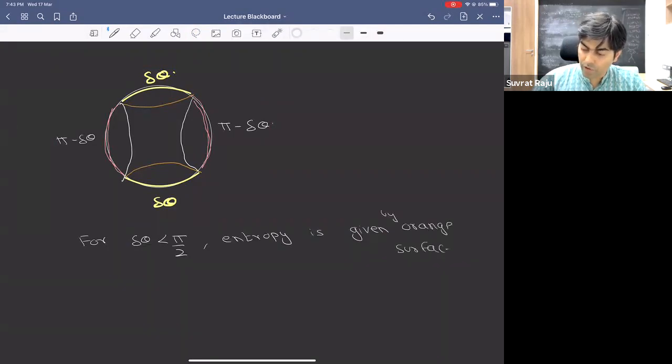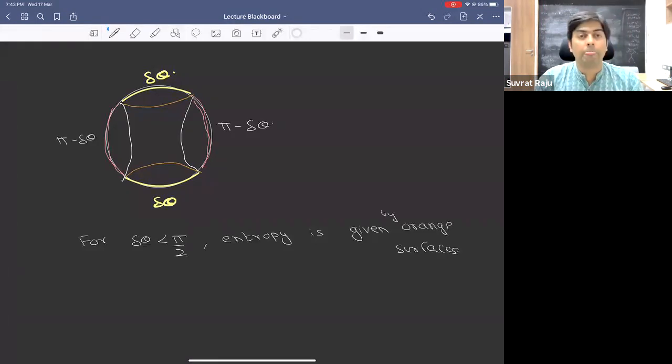And that's because if you take delta theta to be very small, you can picturize in your mind, the orange surfaces will become smaller and smaller. So there's some UV divergence, but the UV divergence is the same both in the orange and the white surfaces. The question of the difference between the orange and the white surfaces is independent of the UV divergences. If you take delta theta to be very small, then it's clear that the orange surfaces have smaller area than the white surfaces. And therefore, for small delta theta, it's clear that you have to choose the entropy given by